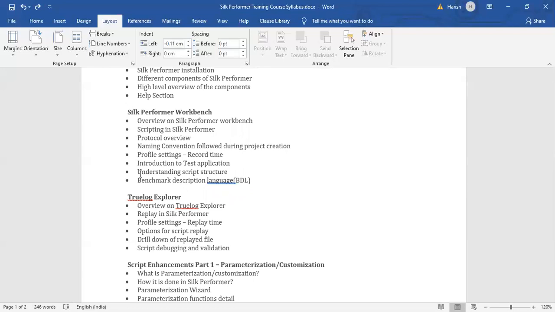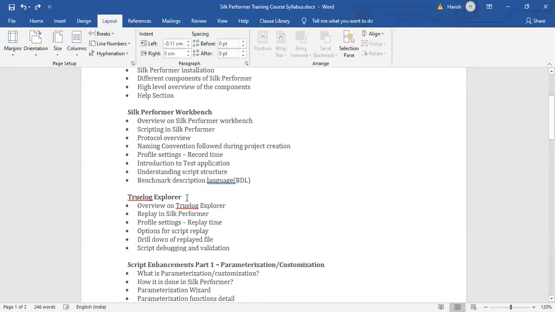And here we'll try to understand the script structure in more detail. While understanding this script structure, we'll also see the Benchmark Description Language, also referred to as BDL. It's a framework that enables us to implement real user behavior.